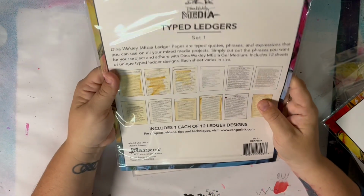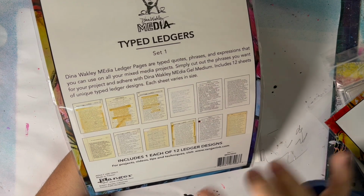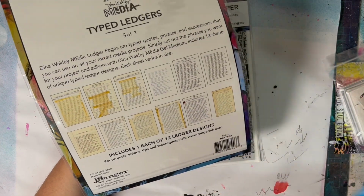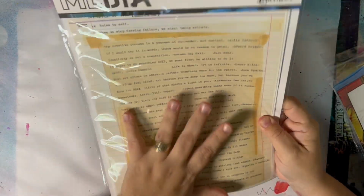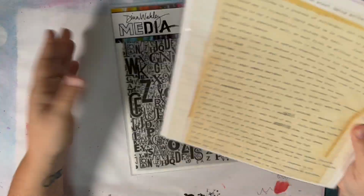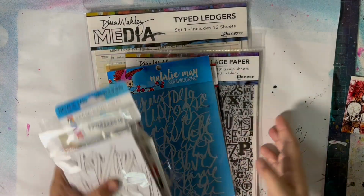Now, I've been seeing on Dina's examples that she had these quotes, and as I've just said, I love using quotes in my art journal pages and things, and I couldn't figure out where they're coming from, and then I realized they're these. She just cuts them up, so I'm very excited to use those. So that was my Nat May haul,